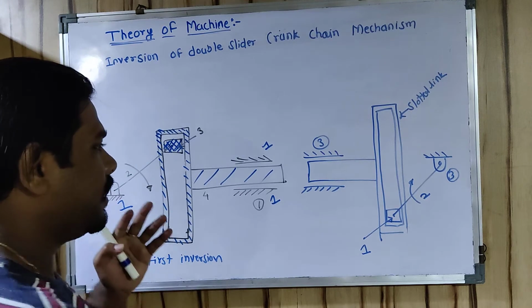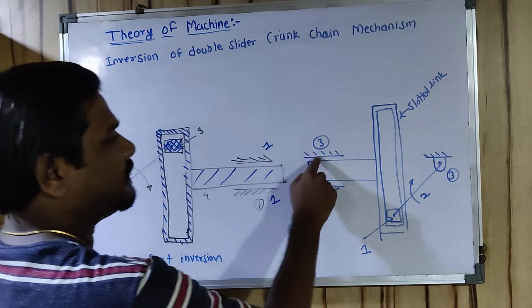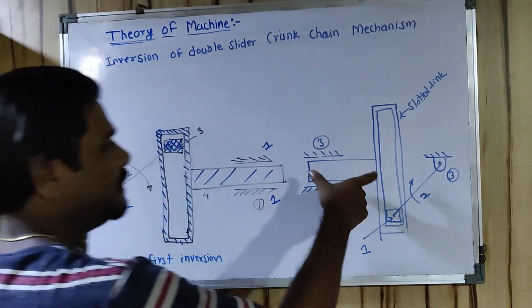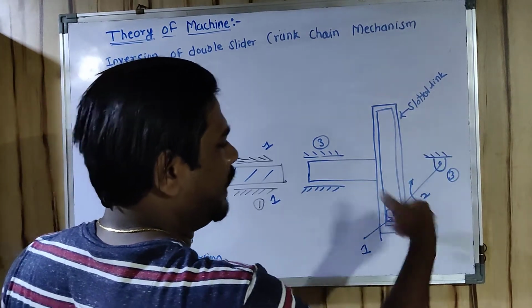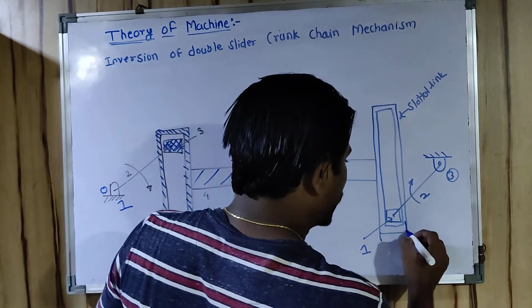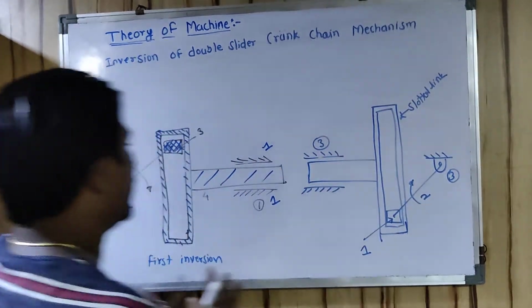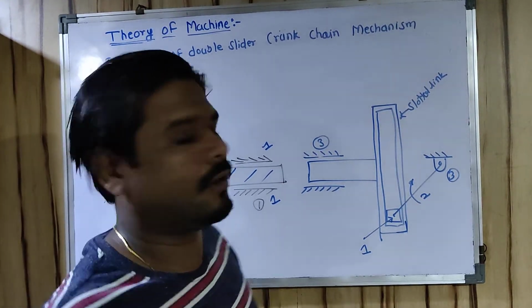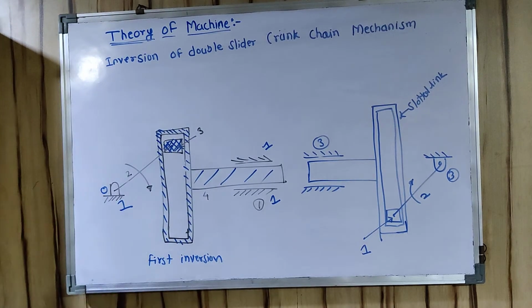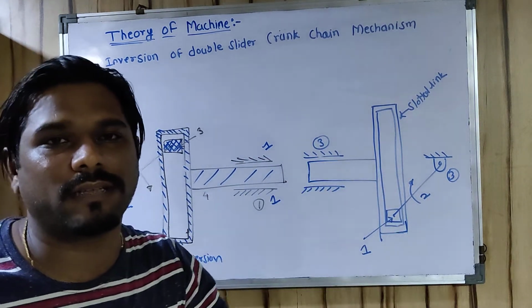And if I flip this one, if I fix and call this link number 1 as link number 3, you can see this link number 3 acts as a frame now, and I just kept the slider, the slotted link and this other part on the opposite side, an exact replica of the first inversion. I'll get my third inversion, but the working is similar to what I explained in the first inversion. The only difference is that in the first inversion the first link is fixed, while in this third inversion I keep the third link fixed. That's why I call this the third inversion.